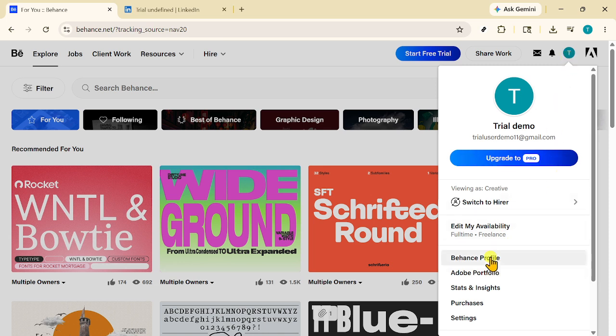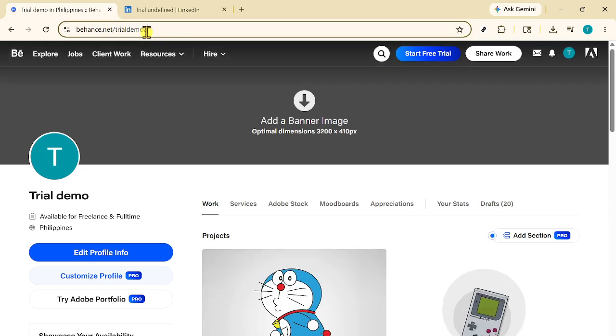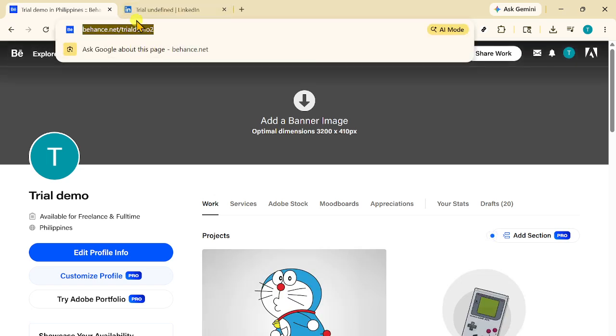To get started, go to Behance. Once you're on the site, head to your Behance profile by clicking on your profile area in the upper right corner of the screen. This is where you can access the public page that displays your work, and it's the link you'll want to feature on LinkedIn. Make sure you're on the correct profile page before moving on, since this is the portfolio link people will eventually